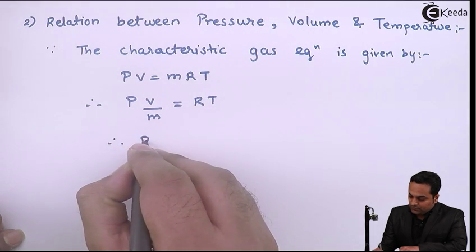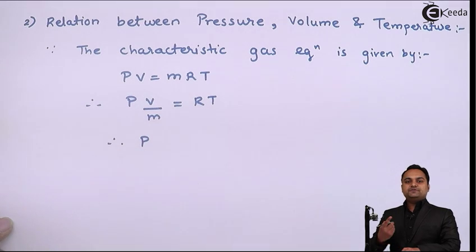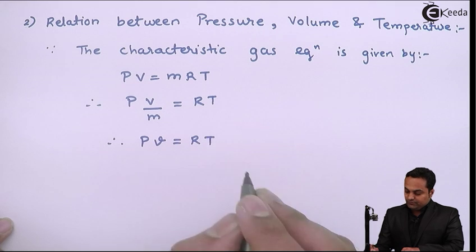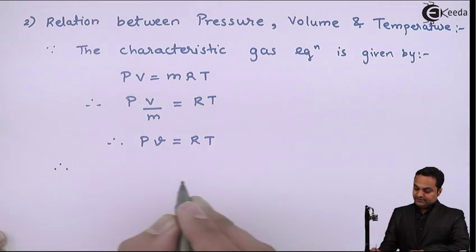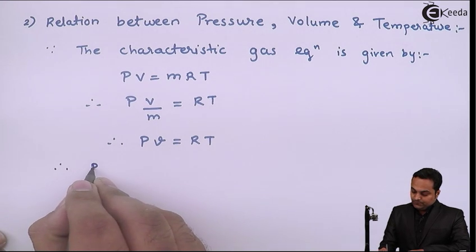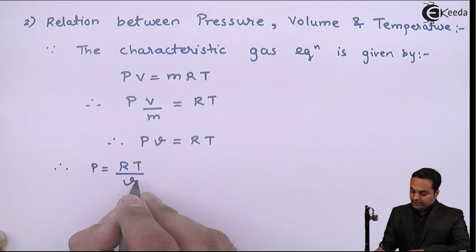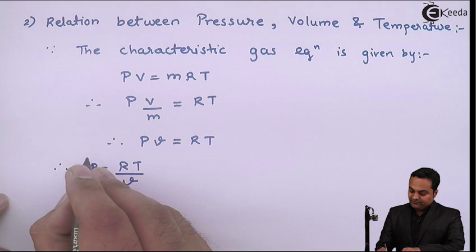Now V upon m is called volume upon mass, which is specific volume, so that is equal to RT. Next, from this relation I'll get P is equal to RT upon V. I'll be keeping this as my first equation,